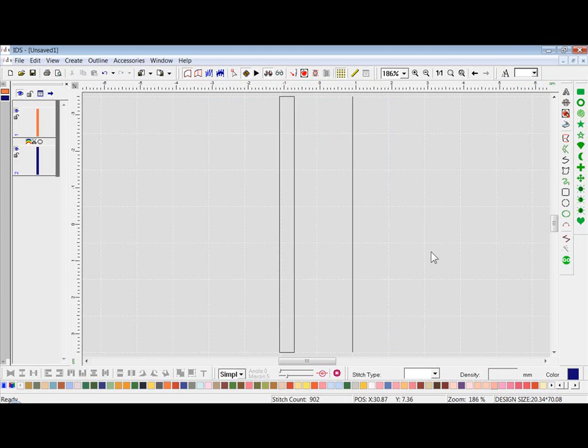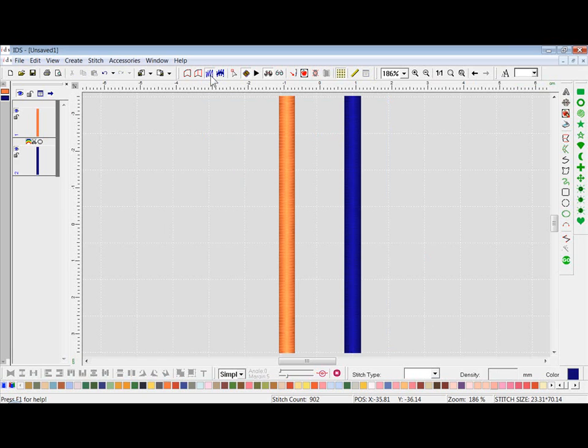So one big question is, why do these two objects look very similar? If we look at our stitch view, the reason that they look very similar is that this shape is about 4.5 millimeters wide, and the stitches again fill inside that shape, and therefore it's considered an area. Whereas this line, if we right click on the line and select it, you can see that with the line,